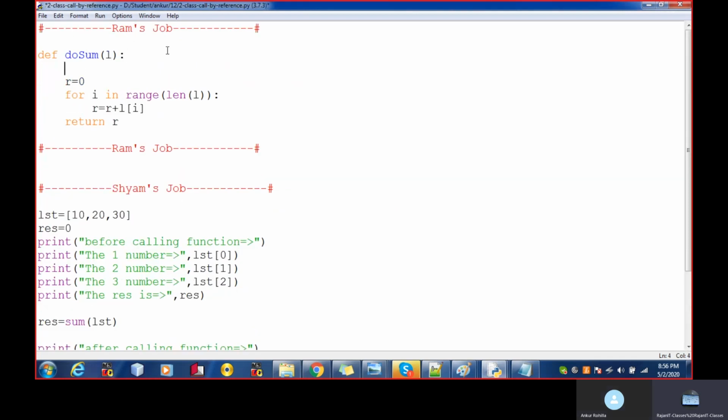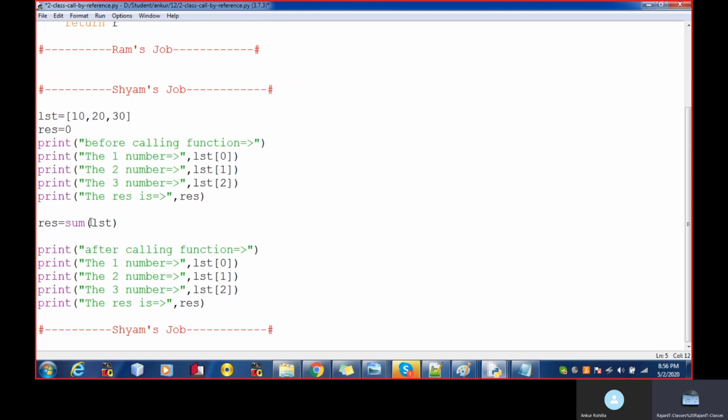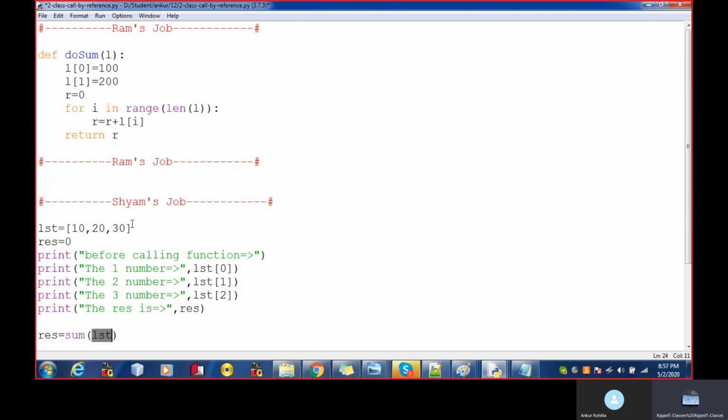So now the function has changed the value of the first box to 100 and the second box to 200. As I said, the array variable uses the call by reference concept. If the array variable uses call by reference, then whatever information is passed to the function, and if something happens to that information, the changes will be reflected back to the calling function.